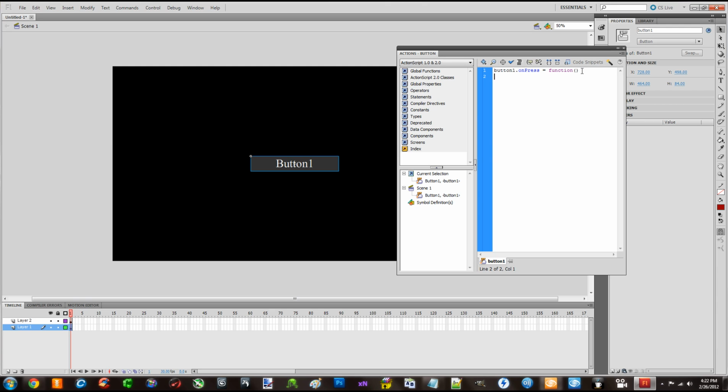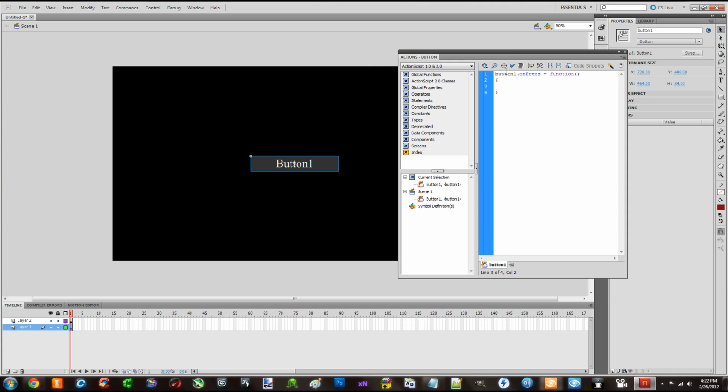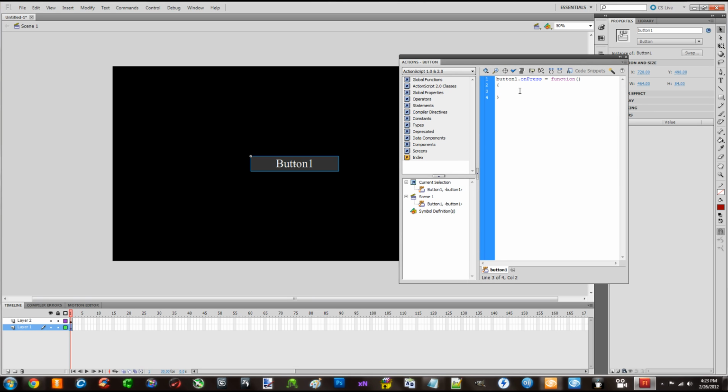Enter. We're going to have an opening curly bracket, and when I push enter, it automatically added the closing curly bracket that it needed. Inside here is what CryEngine actually needs to read your function in your Flash file, and that is fscommand. It needs a parameter, or sorry, a command. This actually isn't needed for our tutorial, but the function needs a name for the fscommand in parentheses. We're not going to be using this name at all, but the function will complain if it doesn't have it. So we're just going to call it